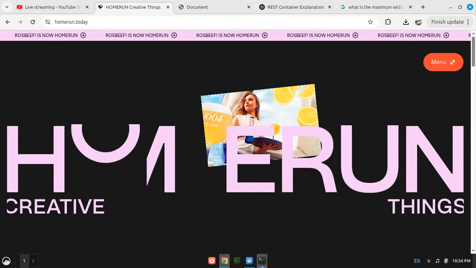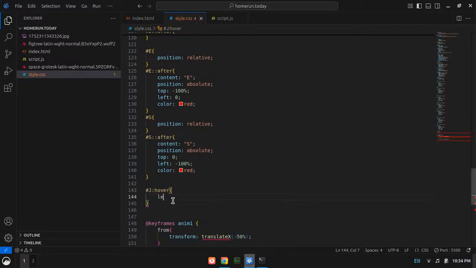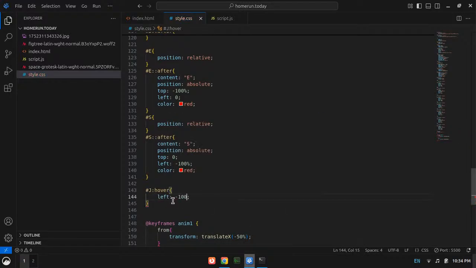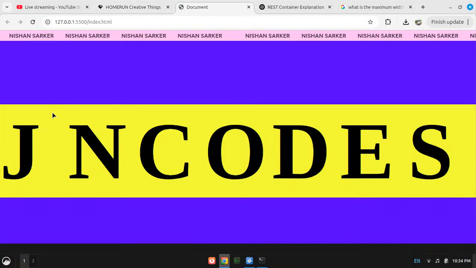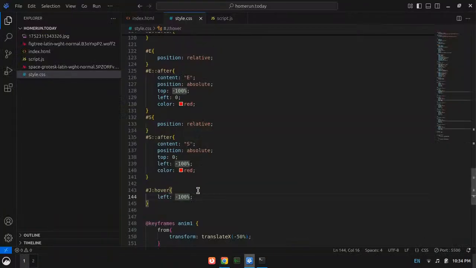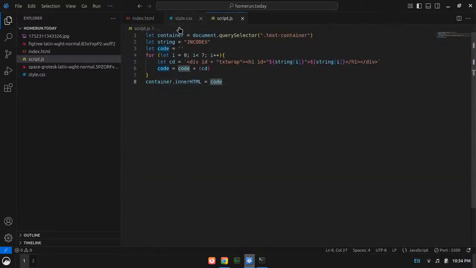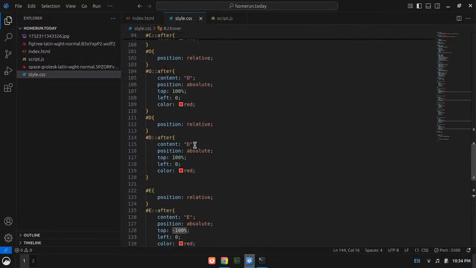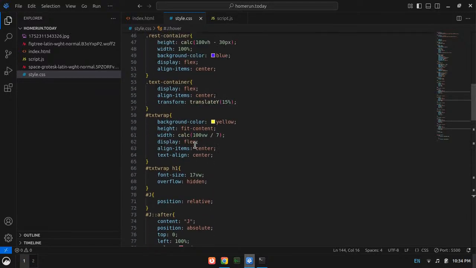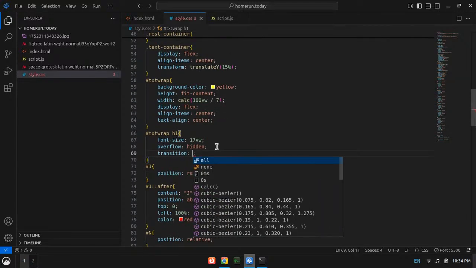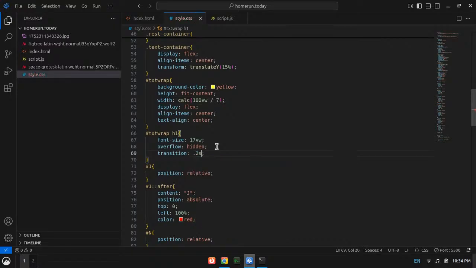It should be going to left minus 100%, right? But will it? It is going, but we do not have the transition yet. I need to give them a transition. Right here, a transition of, let's say, 0.2 seconds.